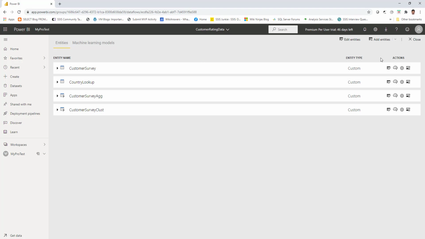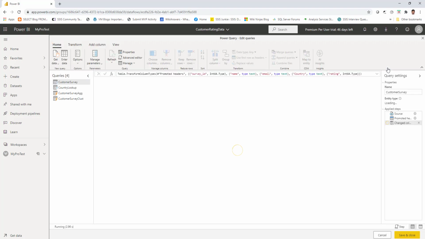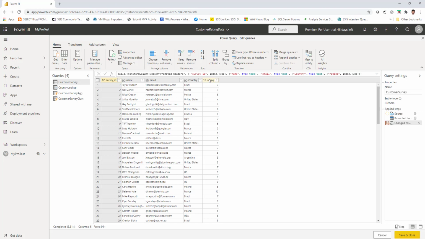If you click on any one of those entities and click on the edit button against that, you can go inside the Power Query editor for that particular entity, and it will automatically have the details of the other entities as well. This screen will remind you of the Power Query screen that you see inside your Power BI desktop. So these were the 4 entities that we created as a part of our previous video. I am going to use the same entities and explain to you the details of the new view tab enhancements that have been released.